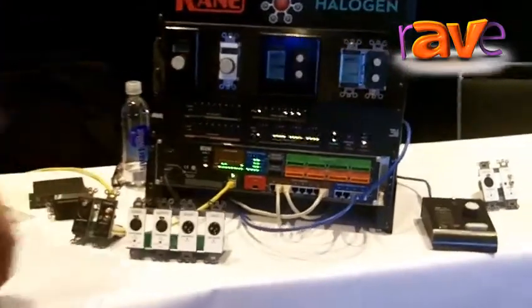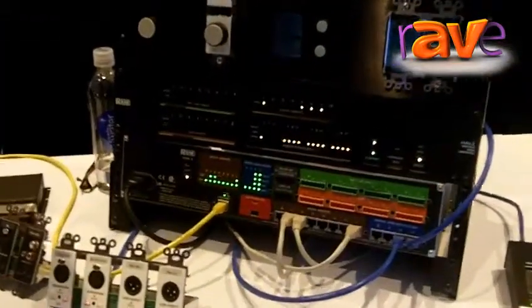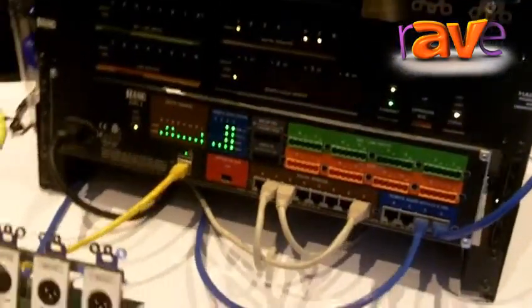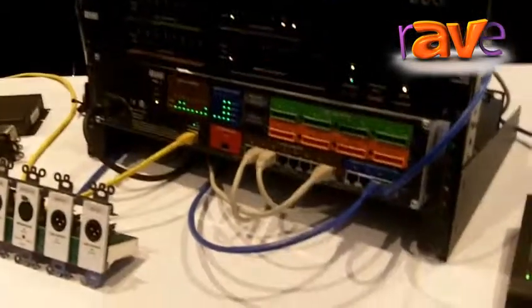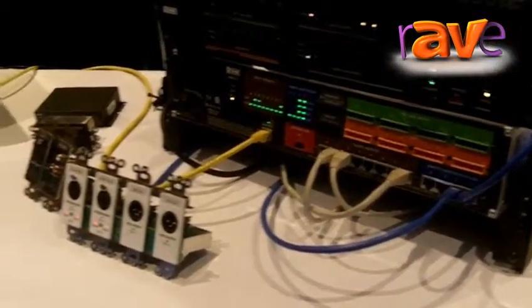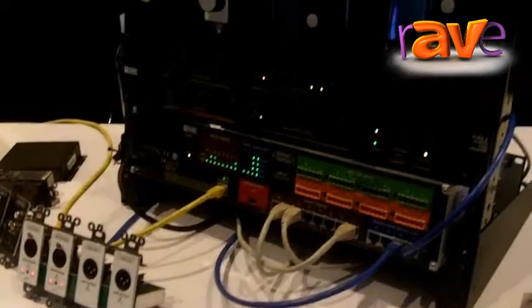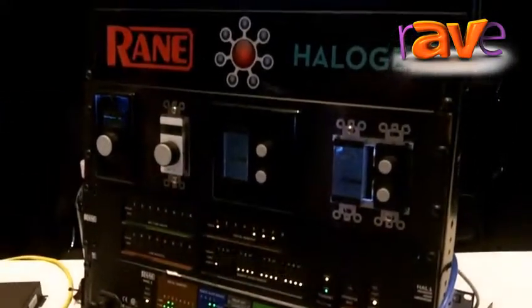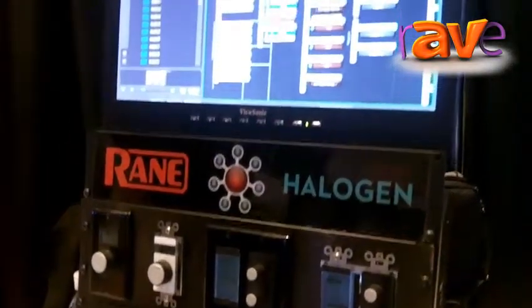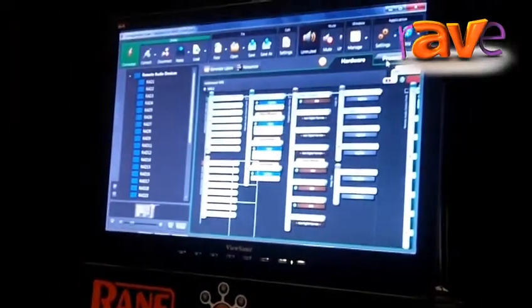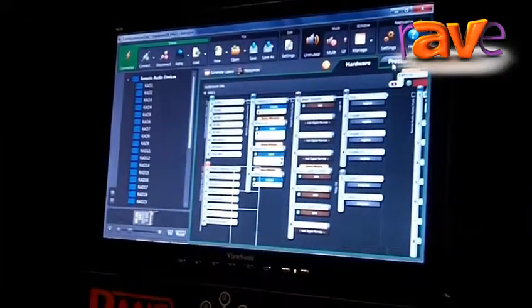What HAL is, it's an audio processor, a DSP, with the ability for up to 512 inputs and 512 outputs. And what you do in between the inputs and outputs is pretty open for any type of processing that you might want. What we do differently than what maybe some of our competitors do is that we use what's called